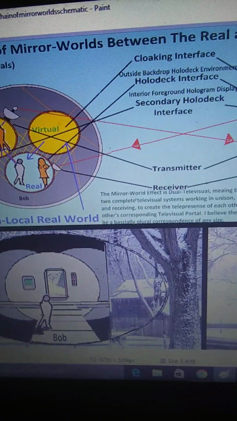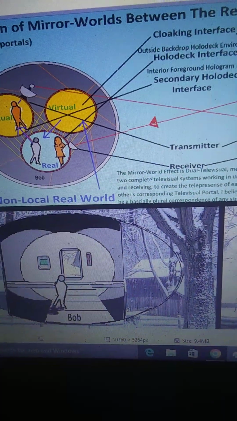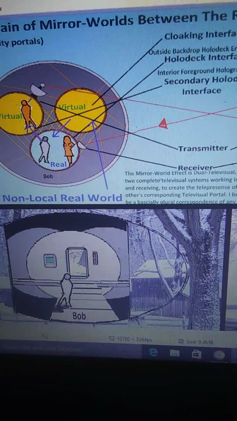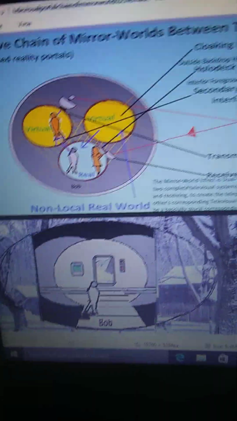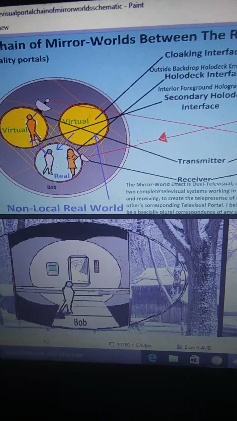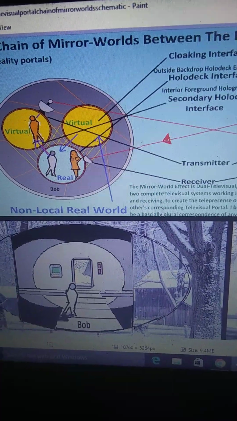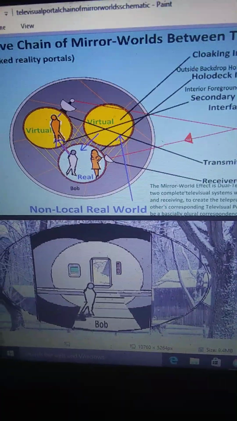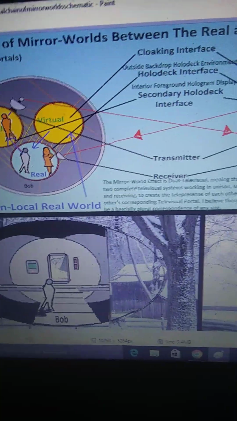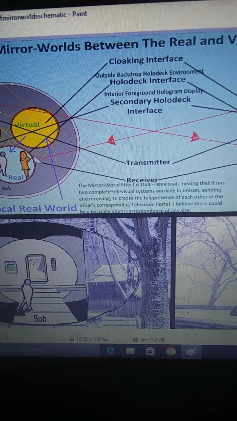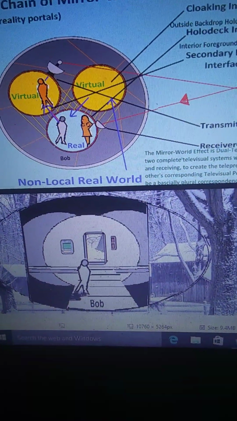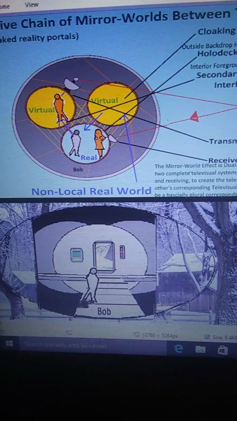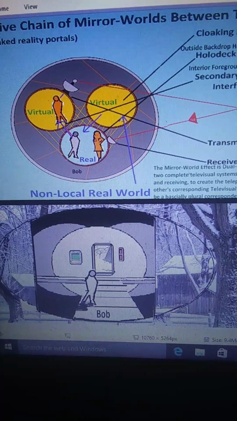But the cloaking interface continuously feeds the outside environment of each other's chosen environment into the real holodeck, and that continuously feeds a cycle loop that doesn't feed back into the outside world. The outside world enters in to eliminate the holodeck, but the holodeck doesn't show itself to the outside world. It's a one-way path, and here's Bob and his schematic above him, and those dark orange